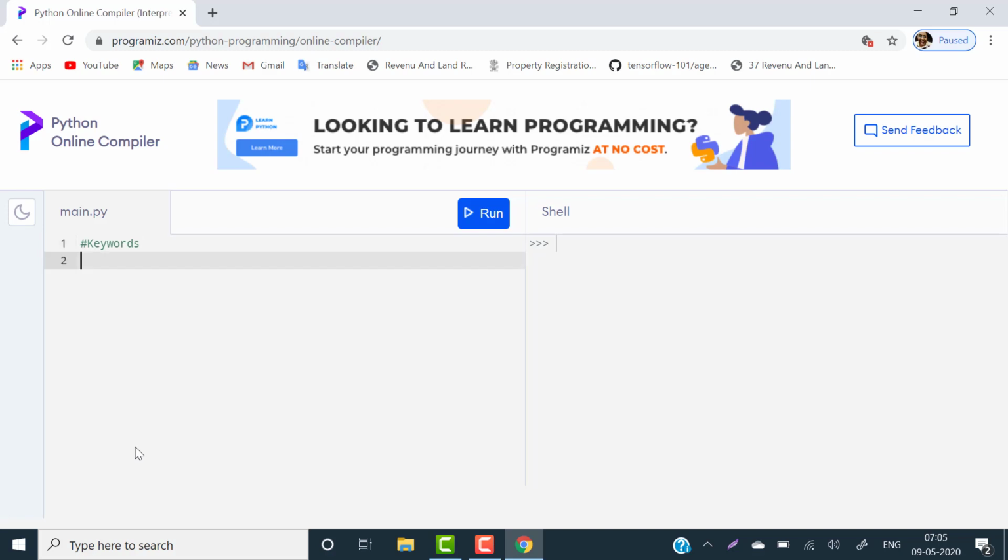So how will we know how many keywords there are in Python? For that we have some code to run.